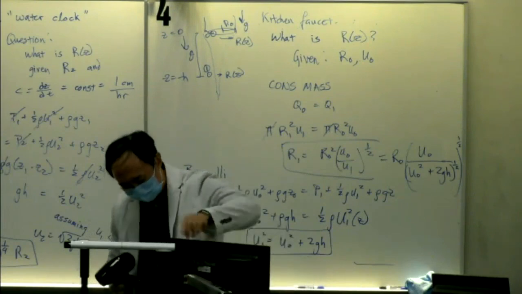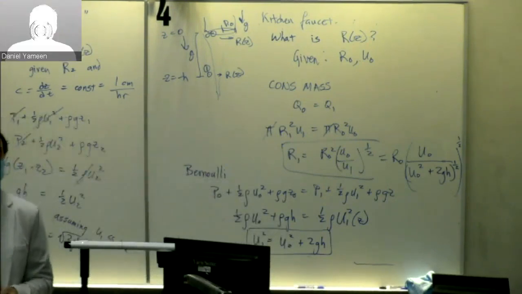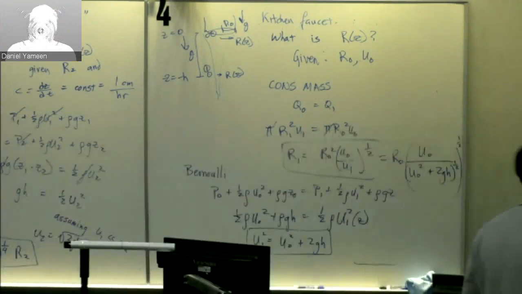Last example. Yeah. Between z equals 0 and z equals negative h, what is that symbol